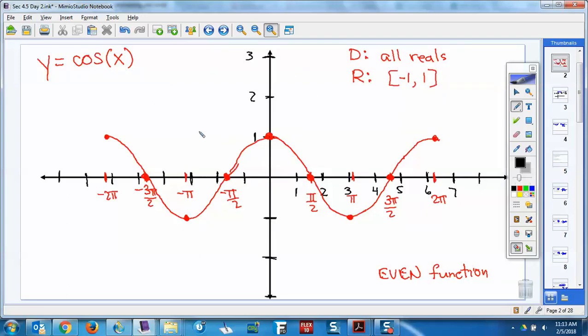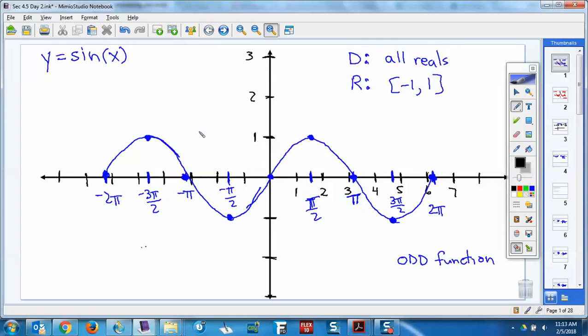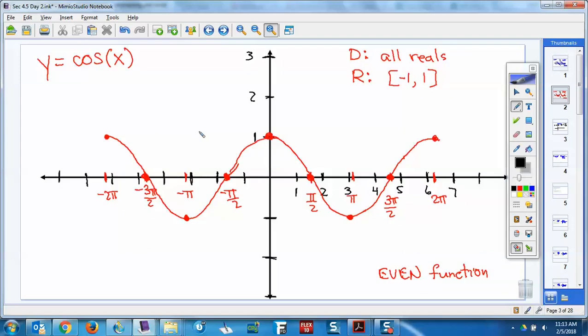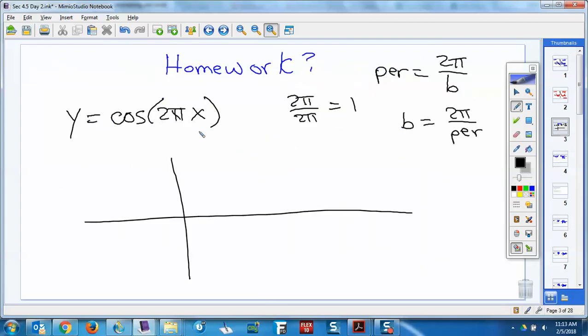Every sine and cosine curve, 1, 2, 3, 4, 5 points, right? Intercept, the minimum, intercept, maximum. Same thing here. Intercept, x-intercept, right? It's on the x-axis, maximum, back to the axis, minimum, back to the axis. Always going to do that, okay? So what I need is my starting, and then 1, 2, 3, 4 points. I always need 4 points. That represents the 4 quadrants. So if my period is 1,